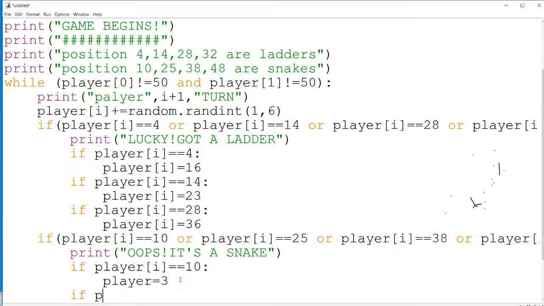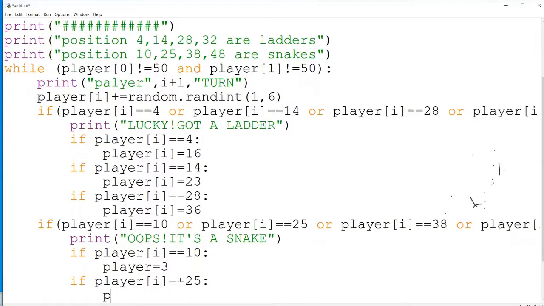So if player of i is double equal to 25, from 25 we are taking him back to player of i equal to, maybe 9.